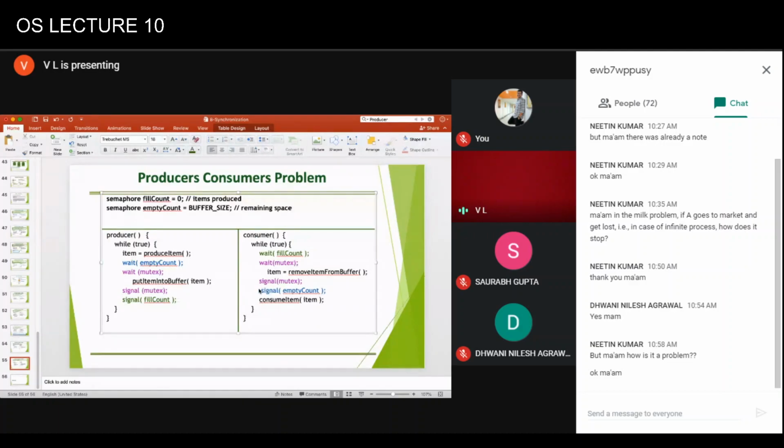Changing the order of the signals here and here will not have any impact, but I still would like to keep it in the nested order.